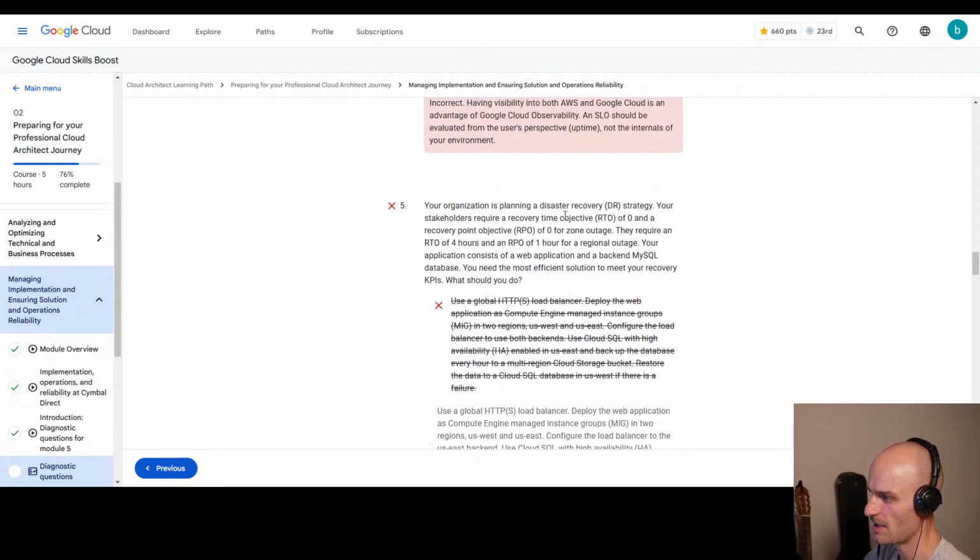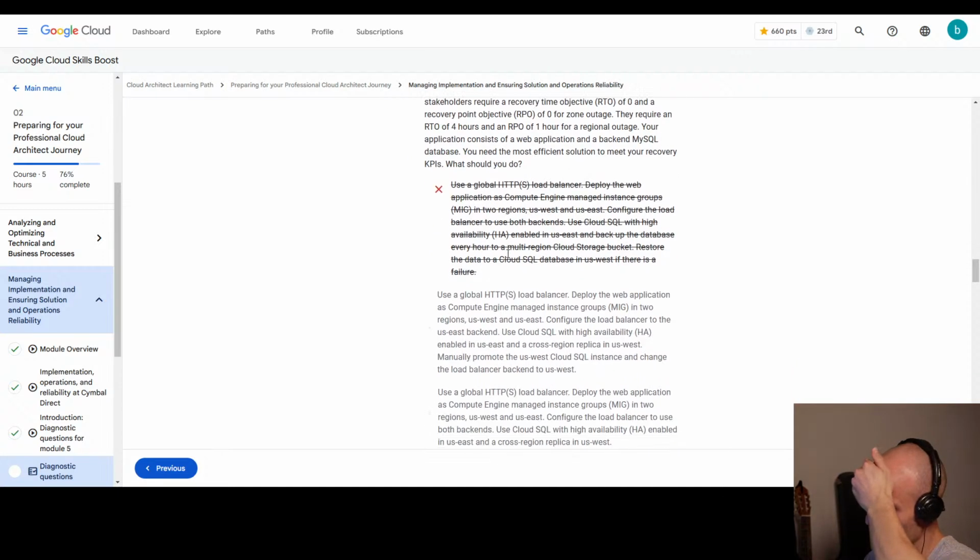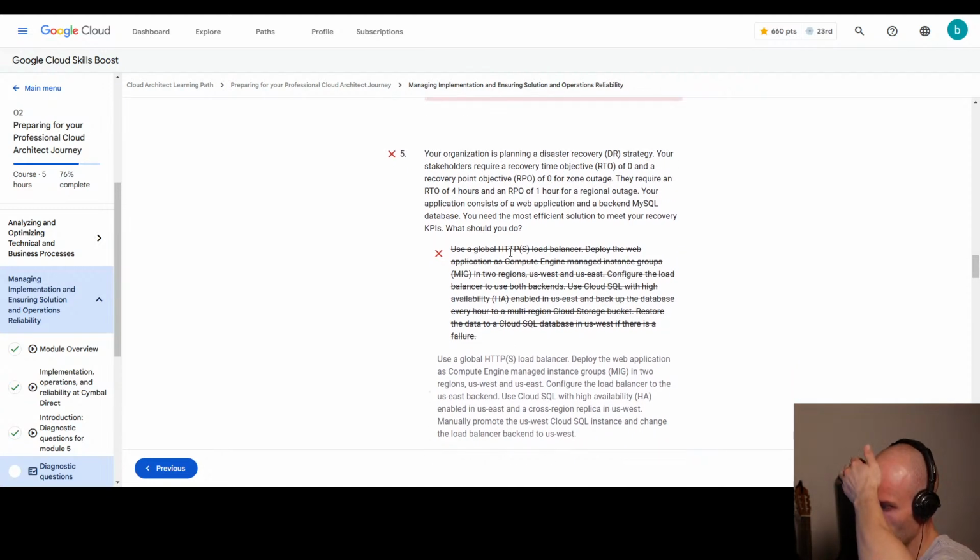So your organization is planning a disaster recovery strategy. Your stakeholders require a recovery time objective of 0 and a recovery point objective of 0 for zone outage. They require an RTO of 4 hours and an RPO of 1 hour for regional outage. Your application consists of a web application and a backend MySQL database. You need the most efficient solution to meet your recovery KPIs. What should you do? So I chose this one